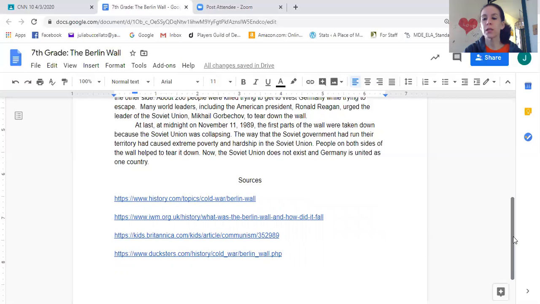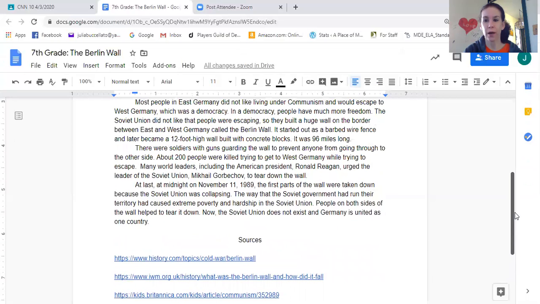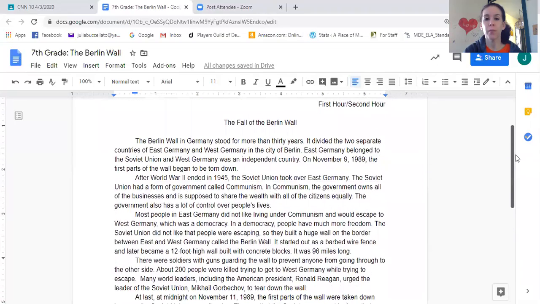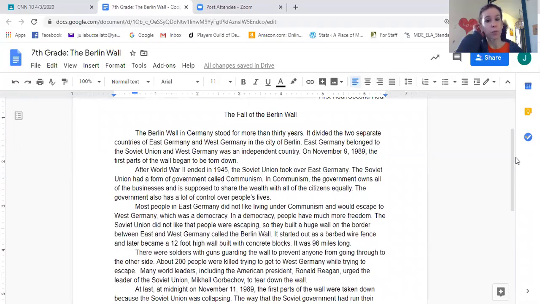When you're doing this, this is your first draft. Your first draft is due on Monday, April 13th, when we get back from spring break. We are on spring break next week. I'm not posting lessons, but I do expect you to work on this a little bit, and you can share it with me when you're done. First draft does not mean you get to do it all sloppy and crazy and we'll fix it. I want you to try to do it the best you can. When we get back, we're going to talk about revising and editing, okay?